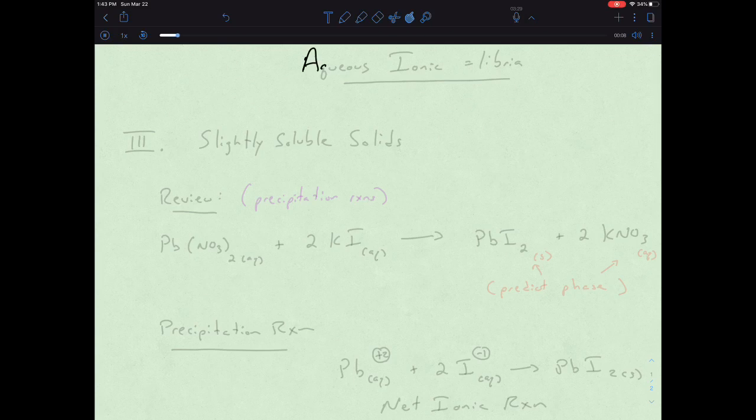We are still talking about aqueous ionic equilibria, and we're basically in the third portion of this. We've talked about buffers, we've talked about titrations, and now we are talking about slightly soluble solids. And so you may remember this idea of precipitation